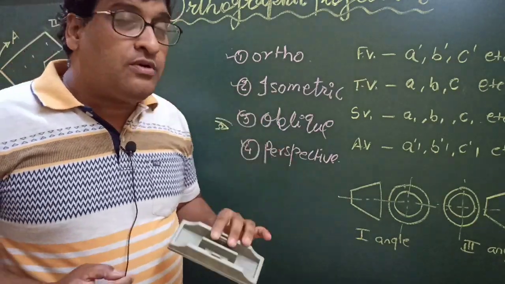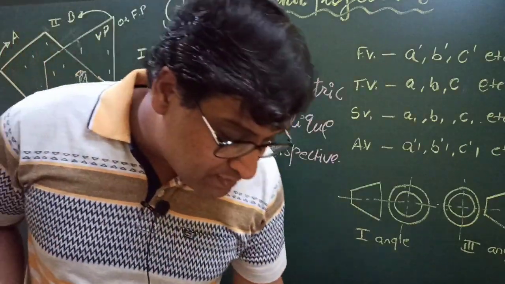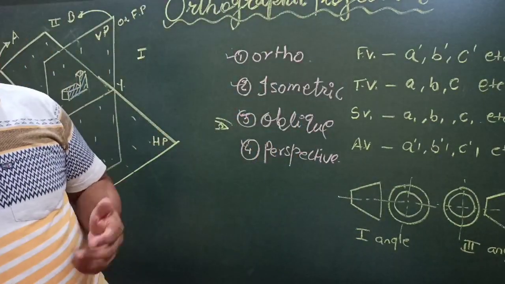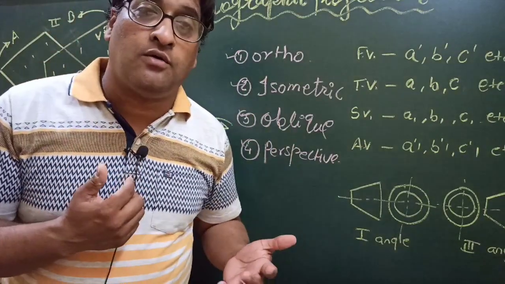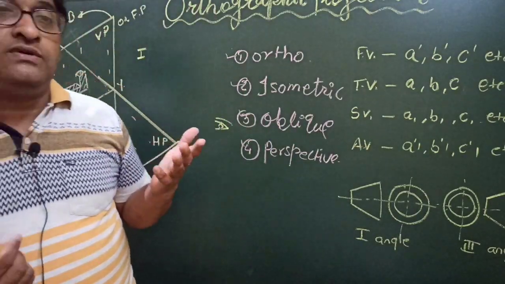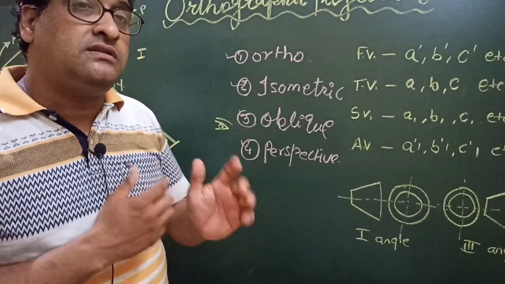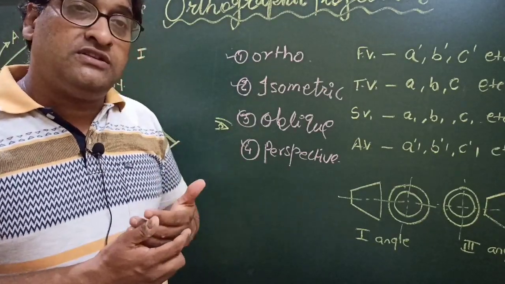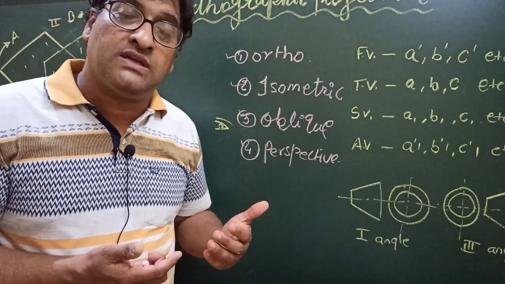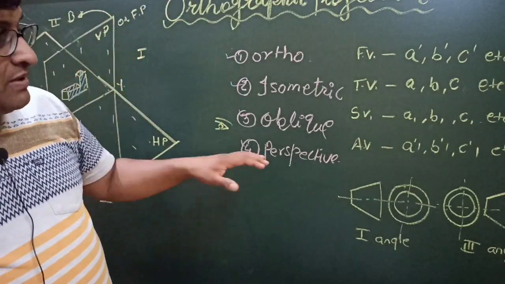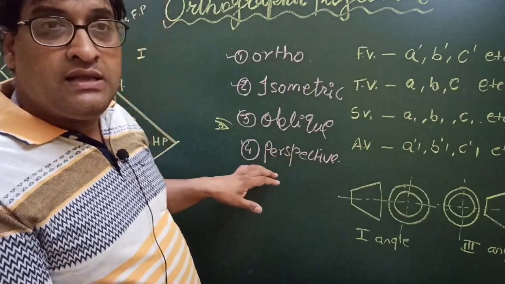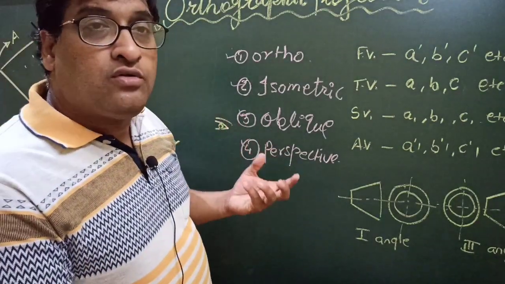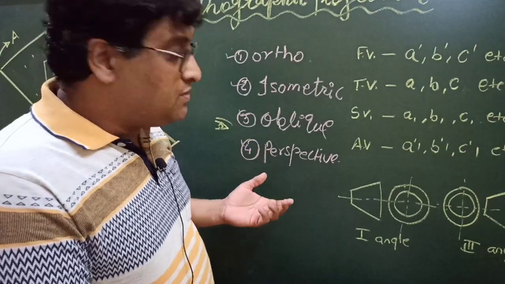So the best example of perspective drawing is maps, Google Earth. They are representing objects as per the distances. When we zoom the objects, they become larger. When we change the angles, the objects are visible in different positions and different shapes are visible. So perspective is as it is: whatever is visible from a distance, from an angle, we have to draw that particular size and that particular shape of the object.